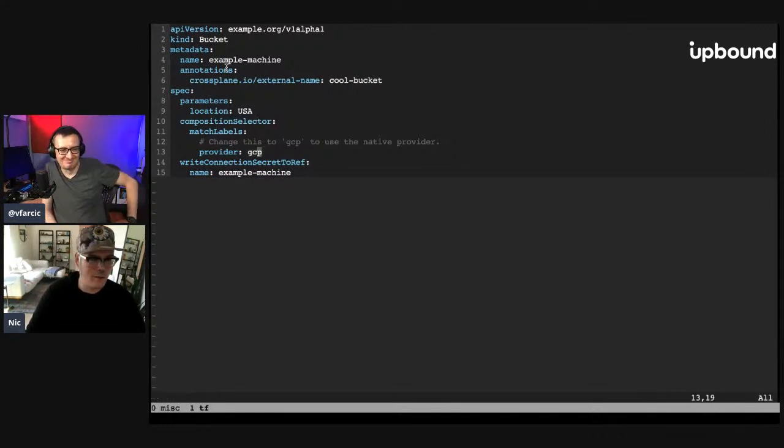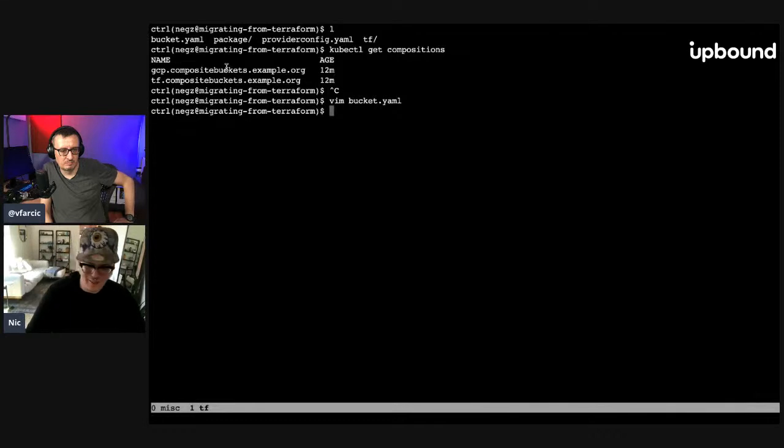But the nice thing with Crossplane is that with changing nothing else, you could basically just say, okay, customers, tell it you want GCP now, and it'll go and use the native provider instead of the Terraform one. You could call this provider native if you wanted to as well. You also don't necessarily even need your users to make this change. You can actually set a default provider that is used for all buckets, so they could just omit this entire composition selector, and behind the scenes you could change the default to be native now, and everyone would just get native ones. So this is another one where I haven't actually tested this composition yet,